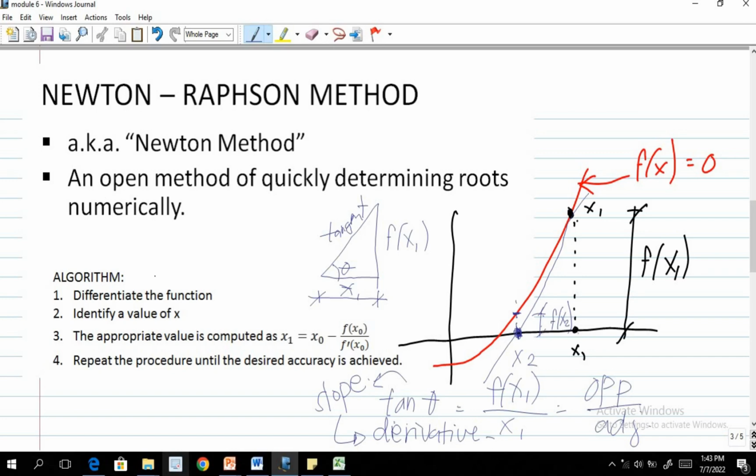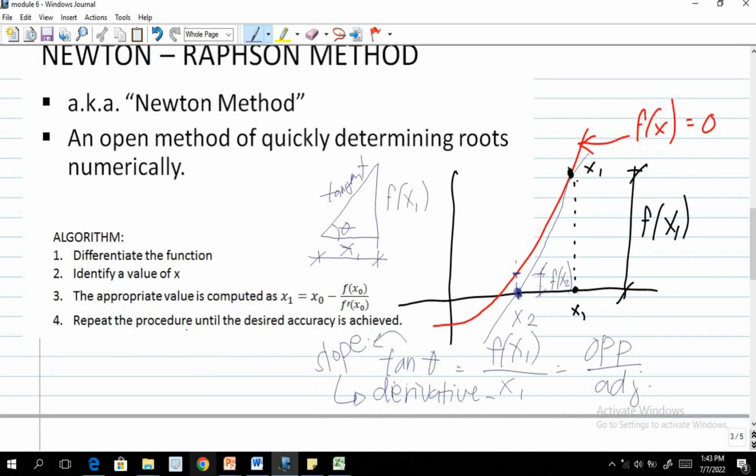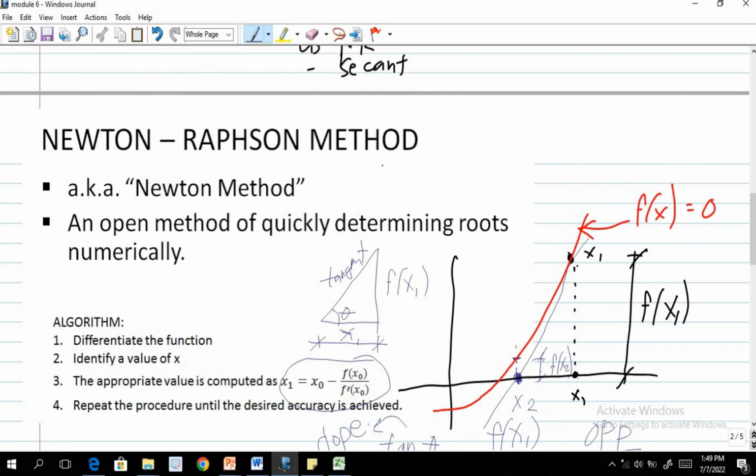So let's have an example on how to use Newton-Raphson. These are the steps. First, differentiate the function, identify a value of x. From that graph, I derived the equation that we will use. Now, we have to repeat the whole procedure until the desired accuracy is achieved. To further understand how to use the Newton-Raphson method to determine the roots of a certain function,